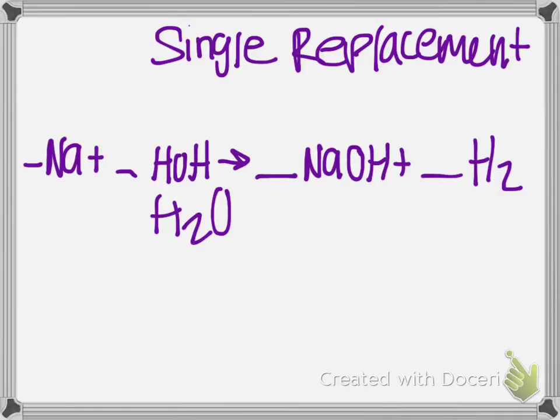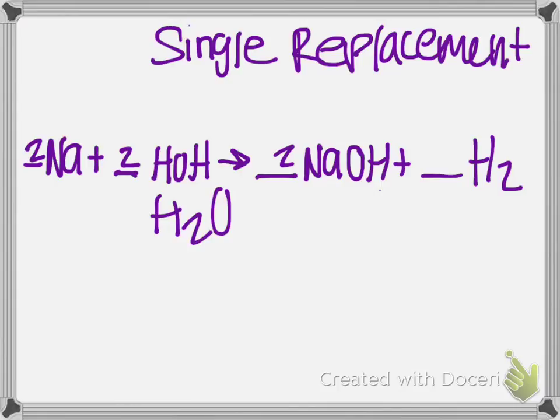So we have two H's on this side, and we have one H over here. So over here, you're going to add the 2. And then you're also going to have to add the 2 in front of the Na because the Na is now imbalanced. And then you also need a 2 over here now because the OH is imbalanced, and that is how you